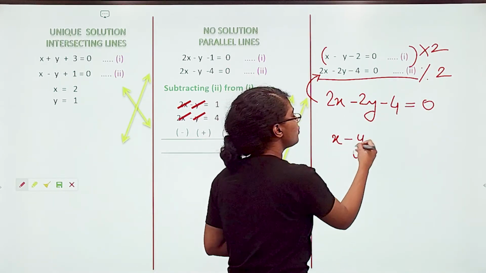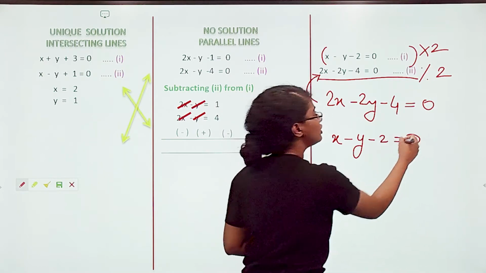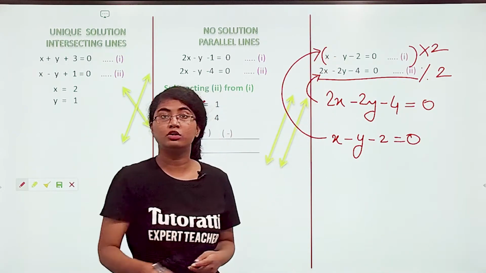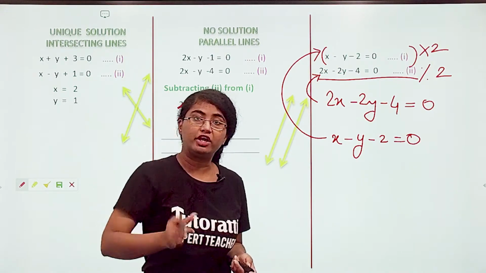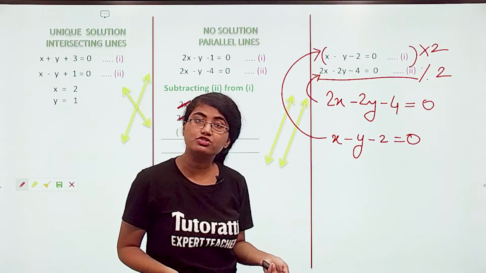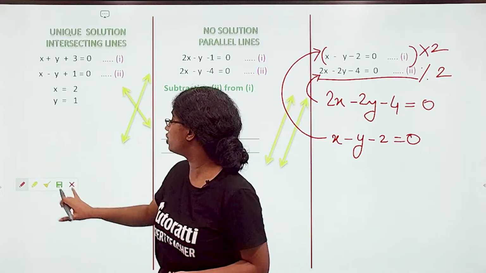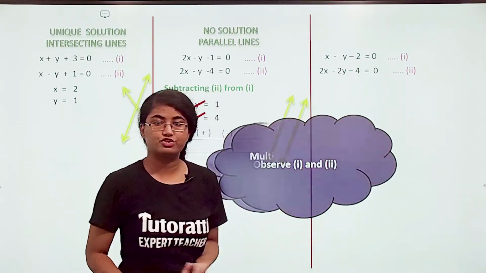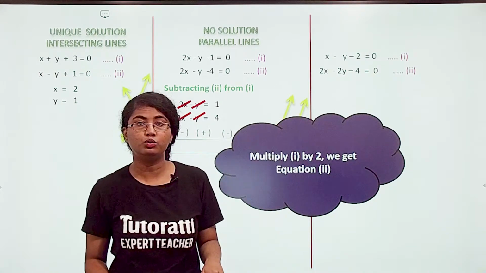x minus y minus 2 equals 0. Is this equation similar to the first one? Basically, with a little tweaking, we get the same set of equations over and over again. So what we want to conclude here is: observe the two equations, multiply the first by 2, we get equation